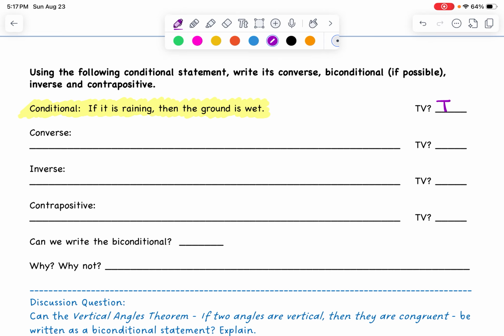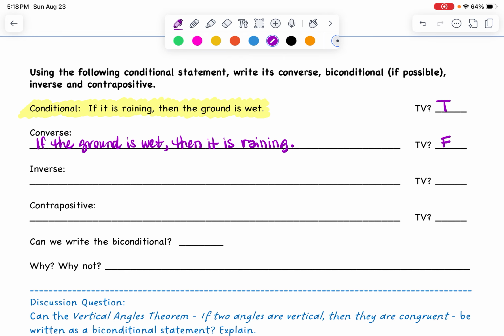Okay. Now we're going to write the converse of that statement. Well, remember the converse is the flip-flop. So here we go. If the ground is wet, then it is raining. So this is a great example of flip-flopping the statement and then seeing whether that is still true. And I want you to think about that for a second. If the ground is wet outside, does that mean that it is raining? And no, that's a false statement